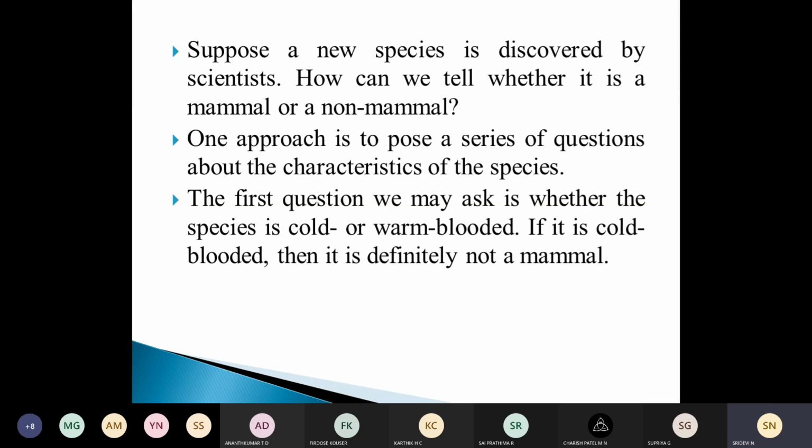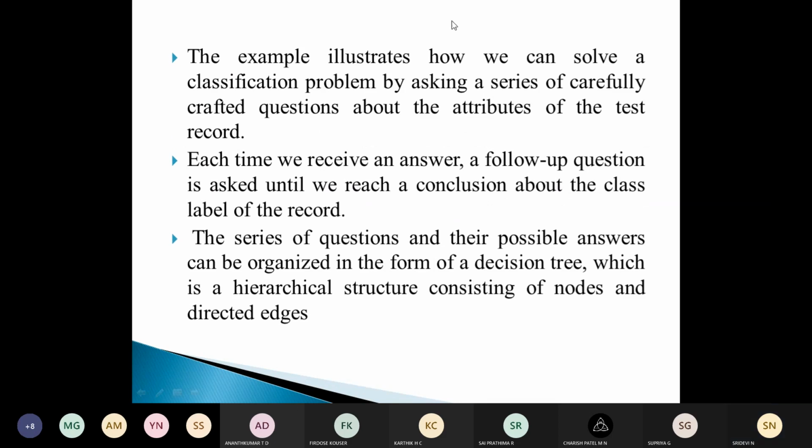Likewise, a series of questions will be posed about the characteristics of the species, and then we try to classify which group it belongs to, mammal or non-mammal. So if the answer is cold-blooded, then we can say that it is not a mammal.